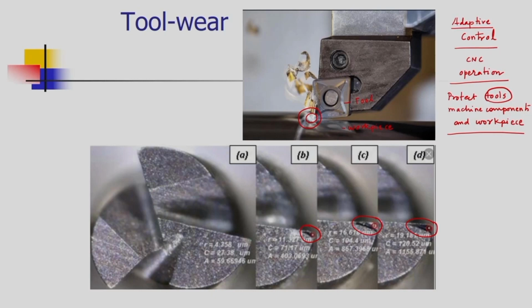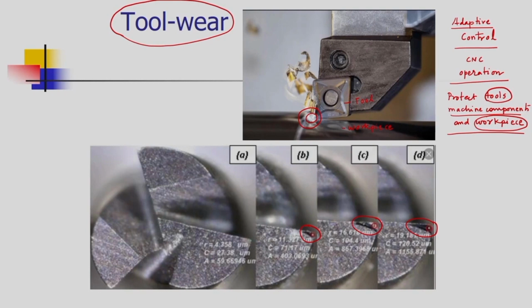At a certain point the tool may fail, the edges may break down. So, those broken edges will harm the machine tool. Therefore, we need to continuously monitor the tool condition. So, as we get the in situ or in-process information about the health of the tool, we can in a better way